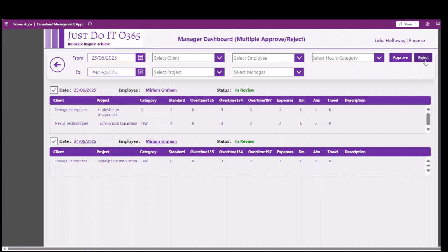If I reject, the information flow will go back to the dashboard of employee where they can adjust or do the necessary. But here in this case, I will approve. So this is the manager dashboard. We have two level approval. If it is approved here, it will navigate to the administrator interface. So I'll approve here,